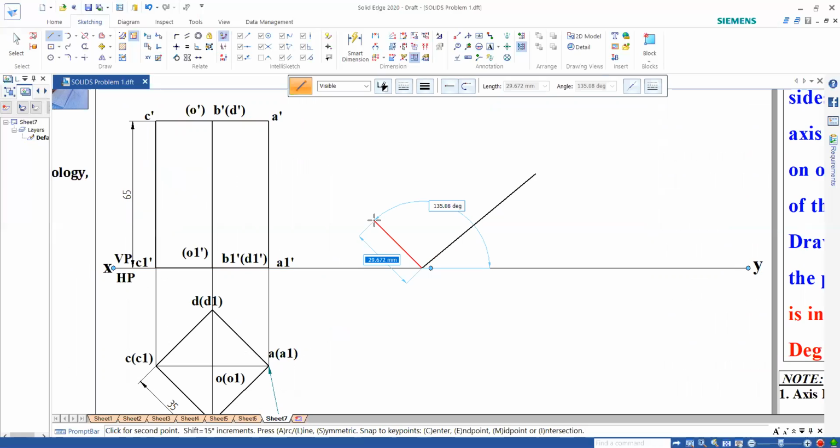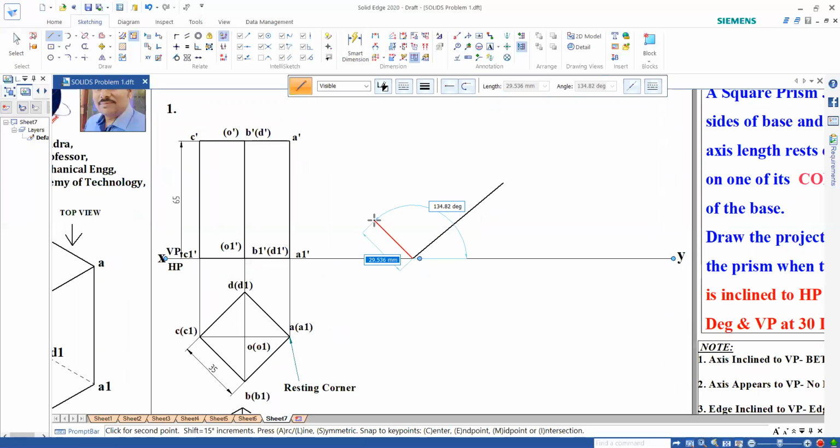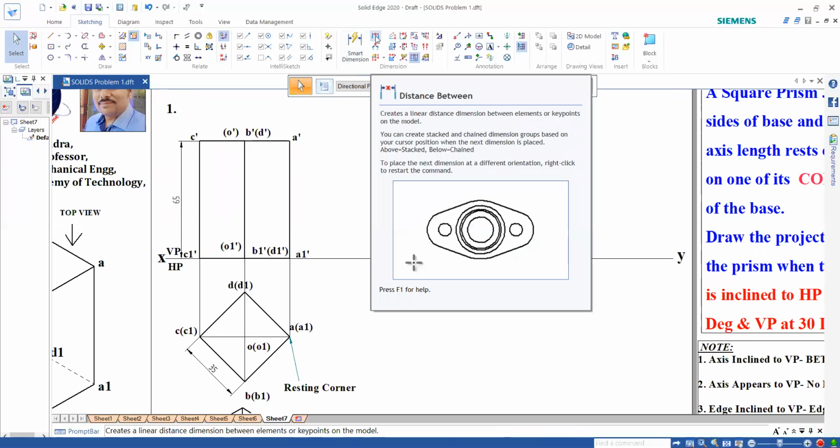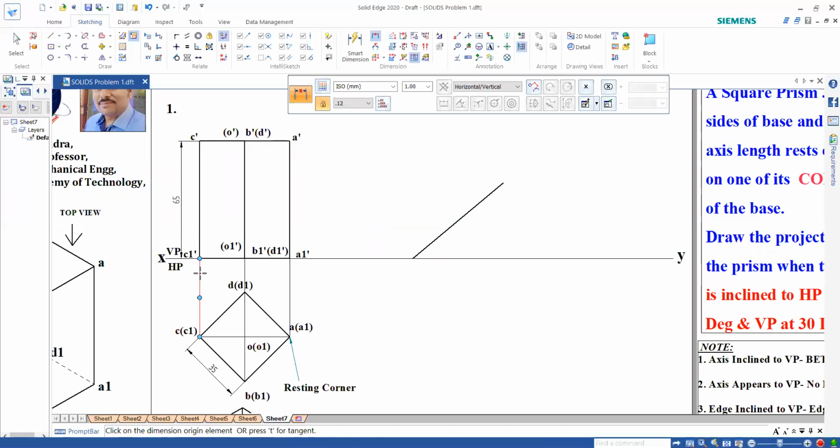The length will be... here I need to draw a line, but that length is unknown to us. If you want that length, we can do one thing: we can measure the distance between this line and this line and utilize it.